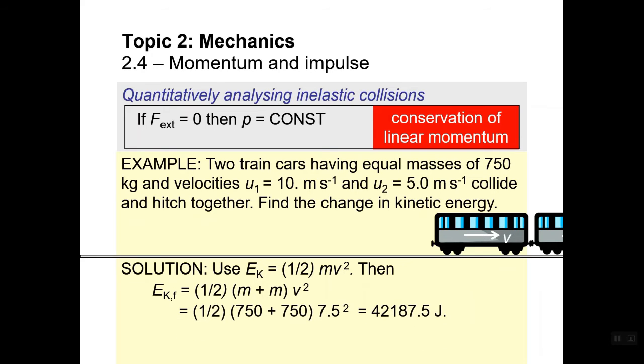That equals 1 over 2 times 750 plus 750. The final velocity is 7.5 squared, equals 42,187.5 joule. Initial kinetic energy equals train 1, 1 over 2 times mass 750 times velocity 10 squared, plus train 2, 1 over 2 times 750 times velocity 5 squared. That gives us